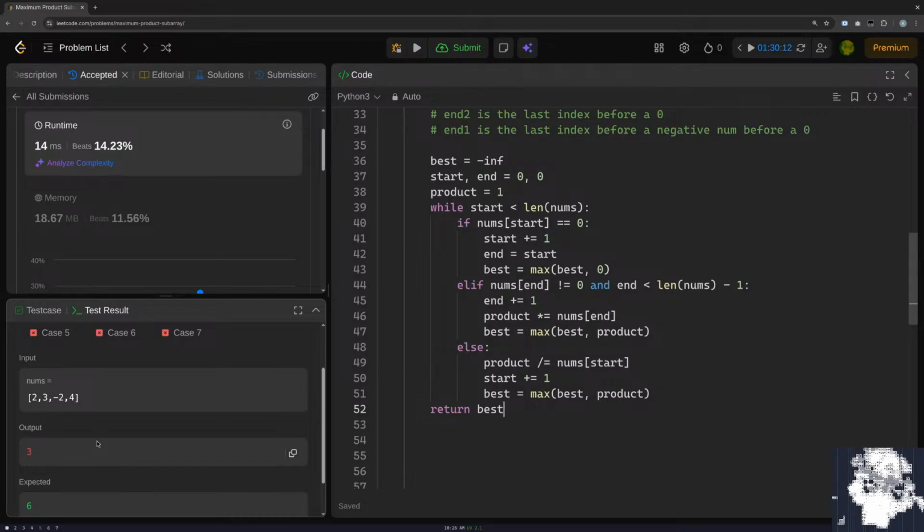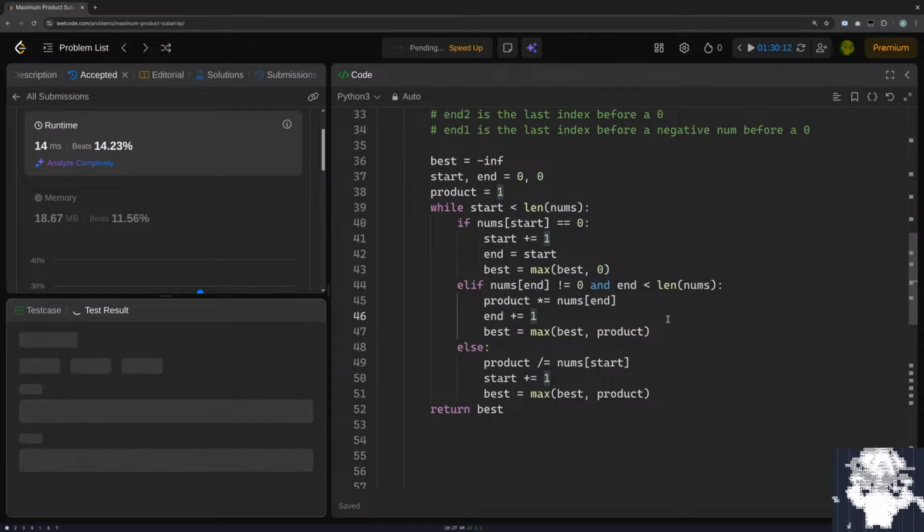Not yet. Still need to mess with our stupid edge cases. So at 0, 0, we're not on 0. End is not on 0 and not at the end, so end should increment by 1. Okay, if I do this first, and I go all the way up to end, then I think this